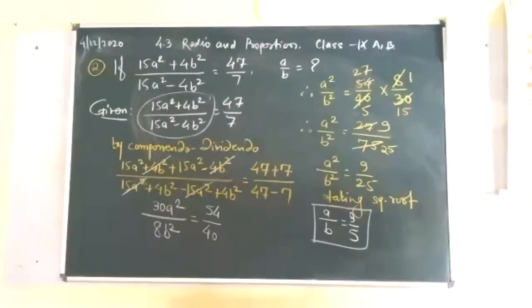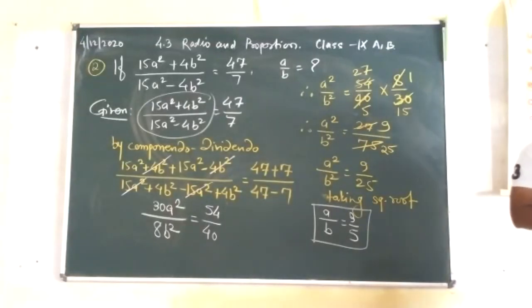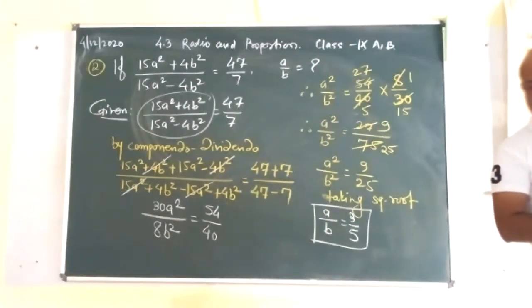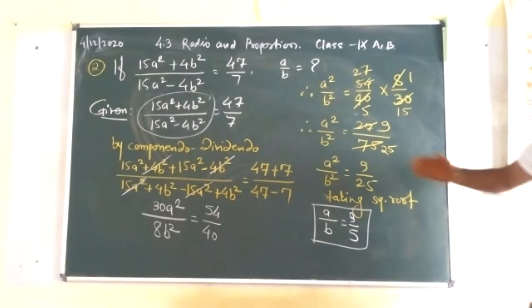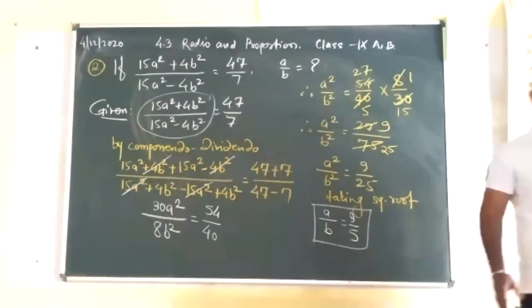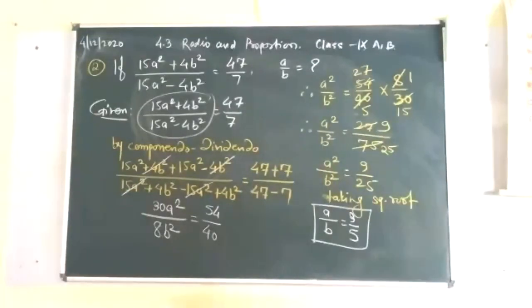Sir, next link came. Okay, students. Sir, means we have to solve question number 3 and 4? No, only try to solve question number 2. Here the value of A upon B is given to you now. We have calculated that, it is 3 upon 5. And similarly, question number 1, you have to solve for the sub questions. So try to solve this. We'll discuss the next question in the next lecture.